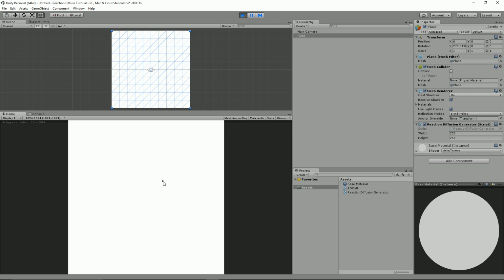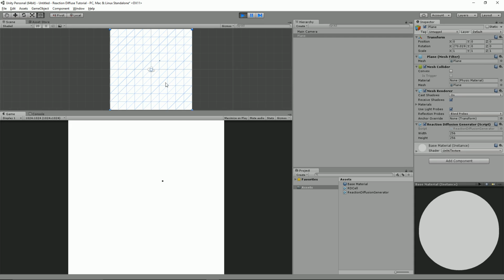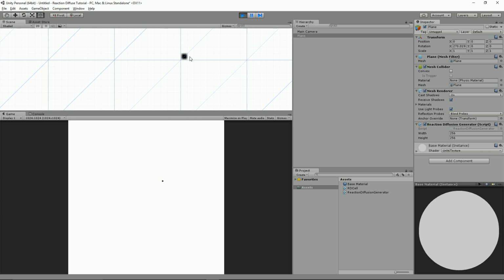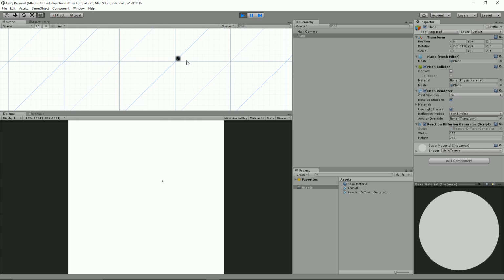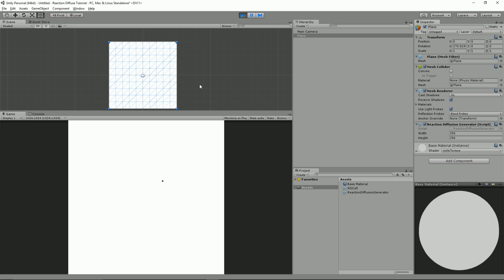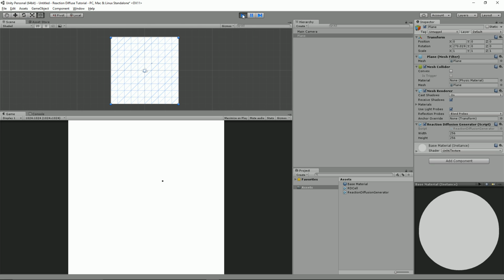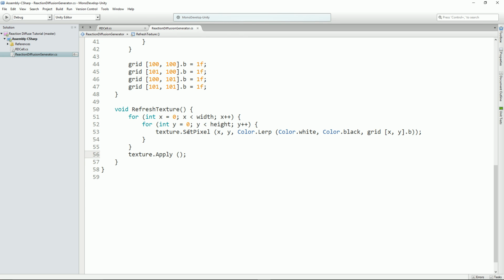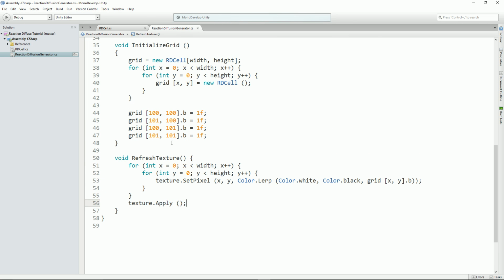There it is, 100,100, and you can see we've got our little zoom in here, a 2x2 square. Curiously, it looks like it's anti-aliased in some weird way, but that should be a 2x2 square of black. I think that's just Unity having some fun. We're off to a really good start, guys. So that's our grid setup, and we've got some values in there. Obviously we can tweak this, maybe get a little bit more fancy about how we generate those, but for now,